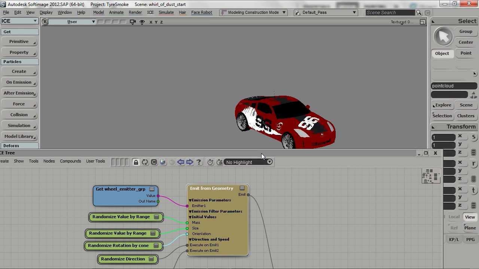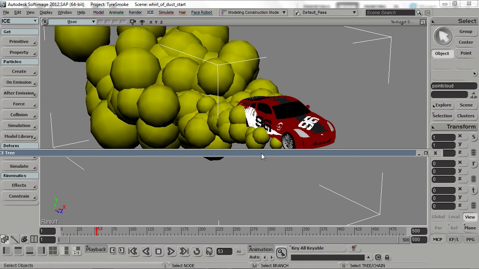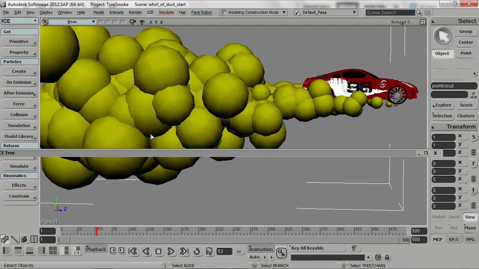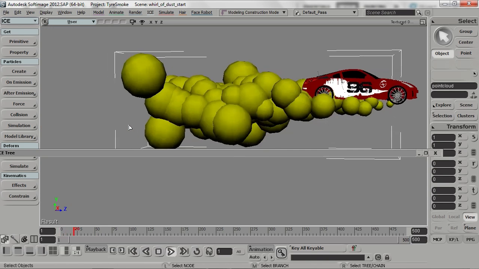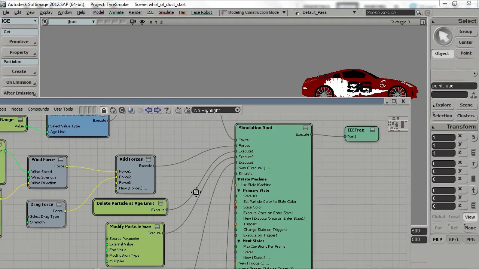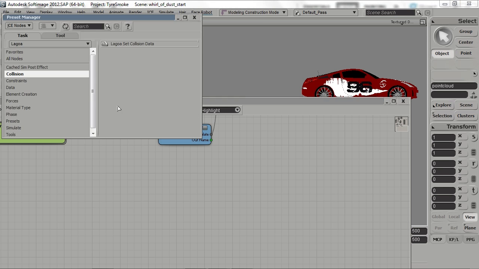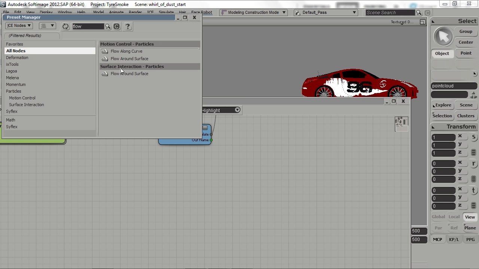So we have one last thing to fix before moving on to the actual shading of the particles. If we play back the animation again, we can see that the cloud expands in all directions, including into the ground, and this is not really the effect we want. To fix this, we can use an object that will act as a stand-in for the ground and a node called flow around surface. So start by getting the flow around surface node,